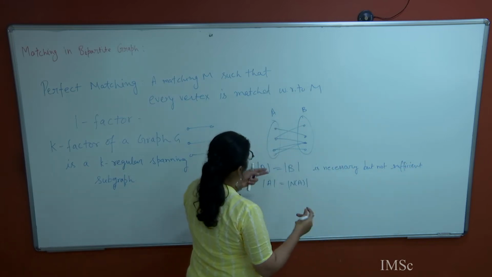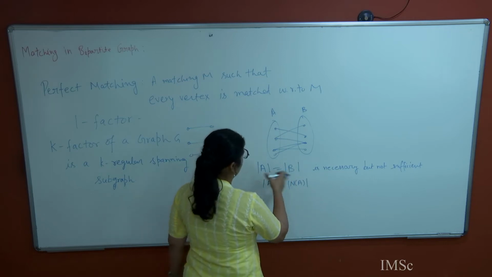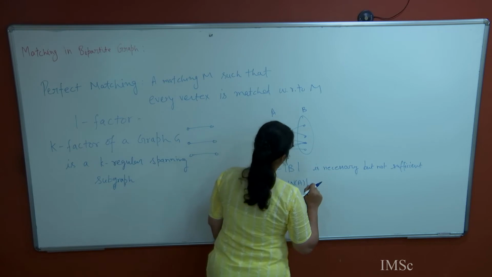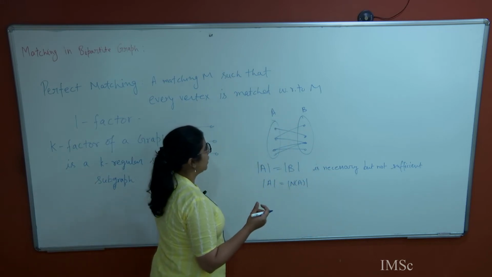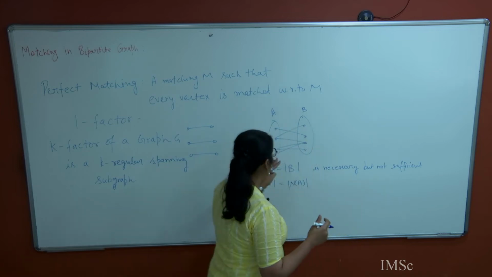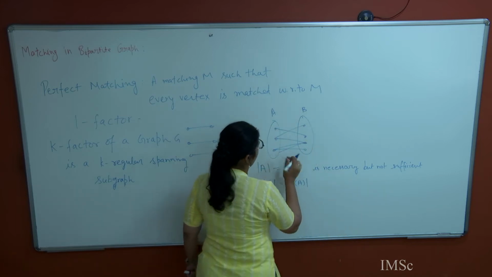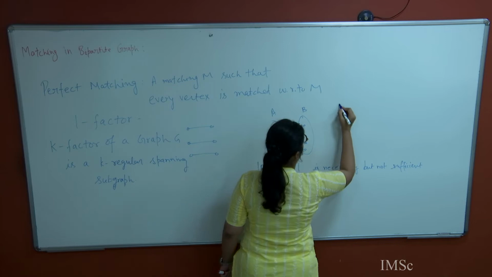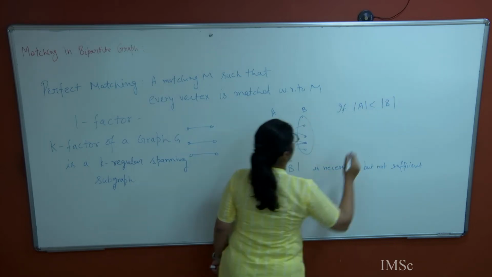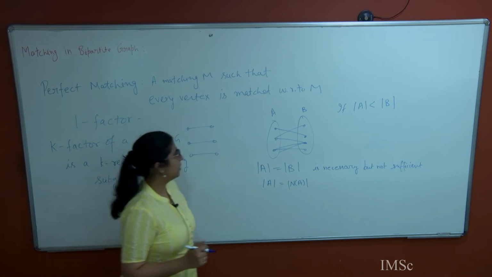Okay, so let's think, if these cardinalities are not the same, can we say something about a maximum matching which saturates one part? So say that if the cardinality of A is strictly less than the cardinality of B, then